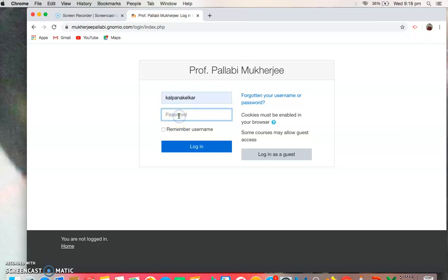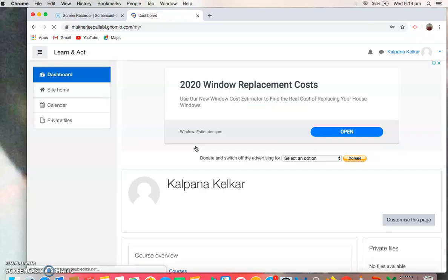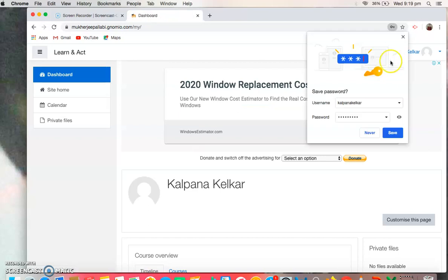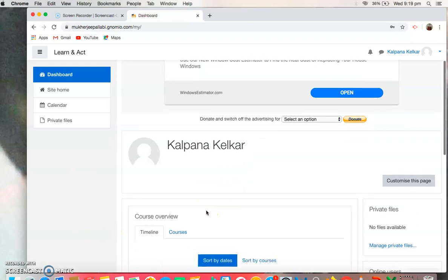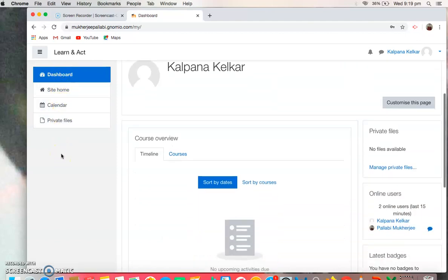Kalpana Kelkar. Let's log in. This is how the site looks like when a student wants to log in. See, there are only 4 options here. There's no site administration. Dashboard, site home, calendar, private files.